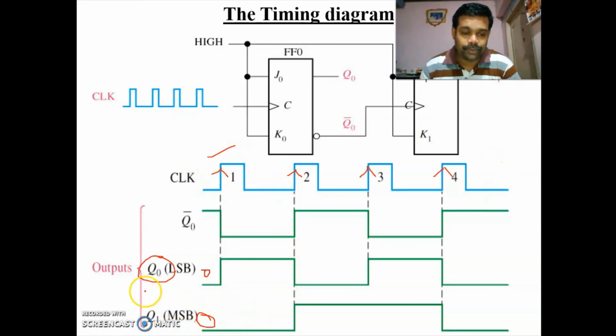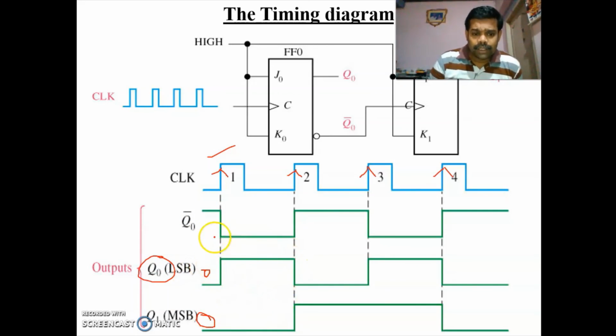So now you come to Q1. So first, after drawing this Q naught, you draw Q naught bar. So Q naught bar is nothing but just the reverse of Q naught. So if you are having 0 here, you are having 1. If you are having 1 here, 0, then you draw Q naught bar. Now your Q1 will conduct only if we are having Q naught bar is